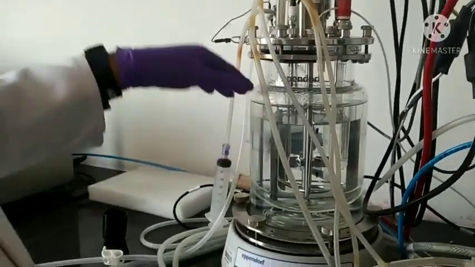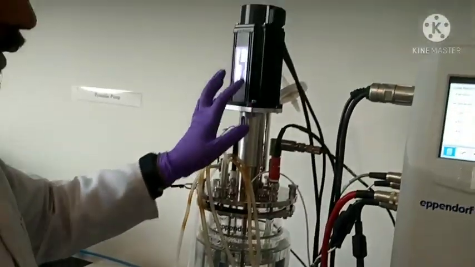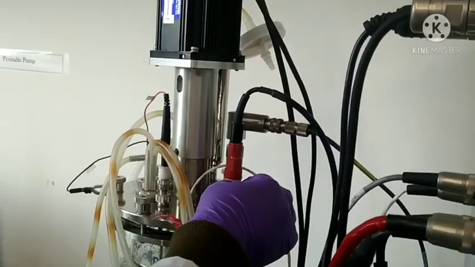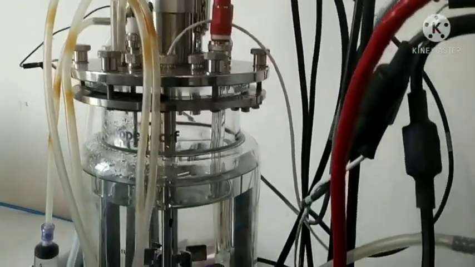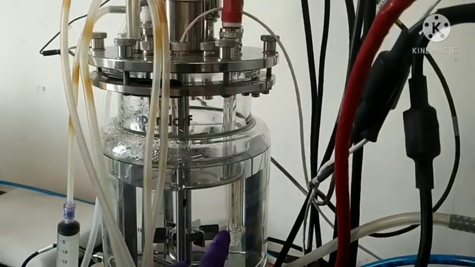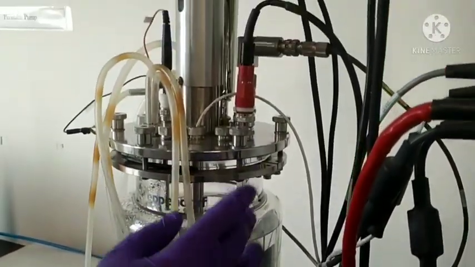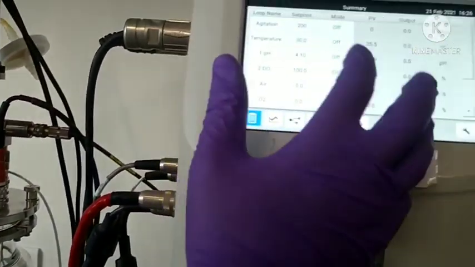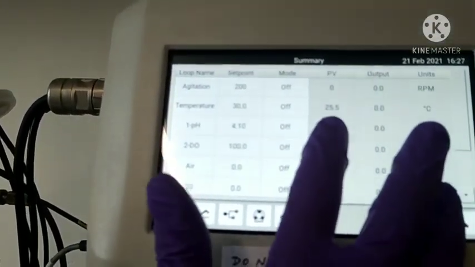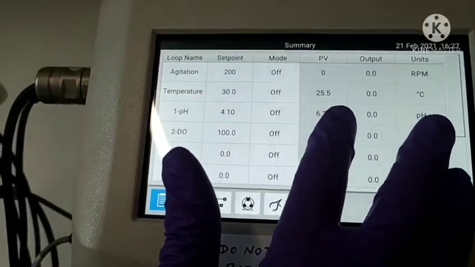After that, this is a control unit. You can control the pH. This is the line of the pH controller. You can see a probe going inside, dipped inside there. And this pH probe helps you to maintain and find out how much the pH is inside there. You can easily visualize this directly. Right now the pH of this medium is 6.29.